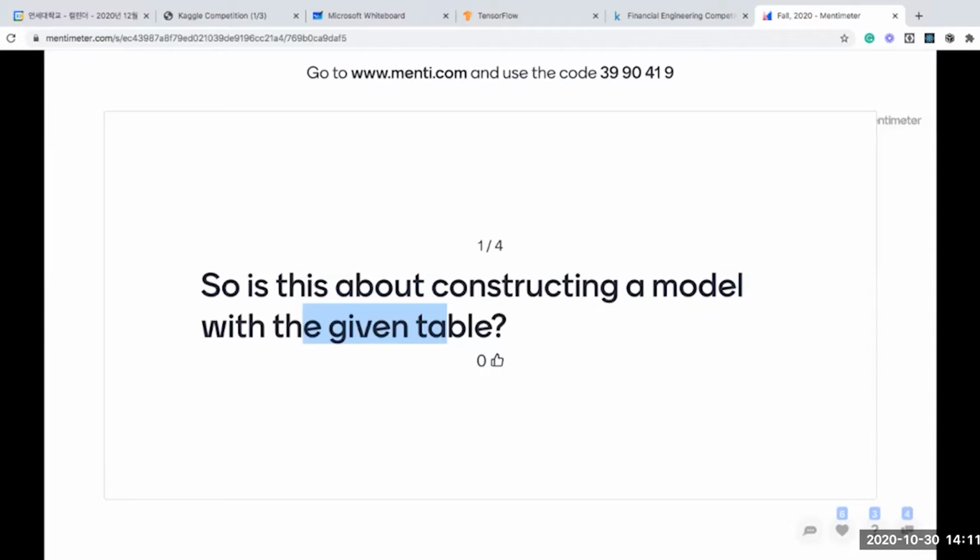And then once your model is trained, you use the same model to predict the test data set. The test data set does not have a target value. So your job is to predict the target value for the test data set, and then submit the submission file